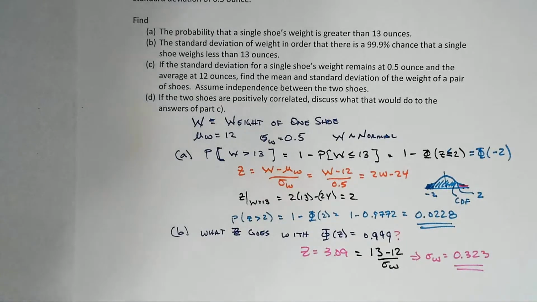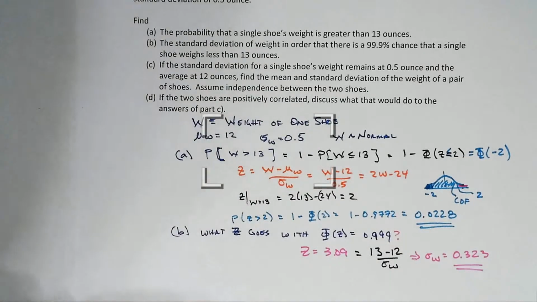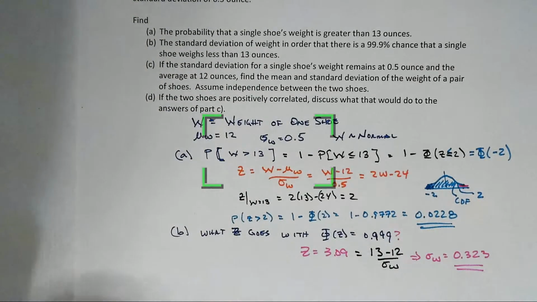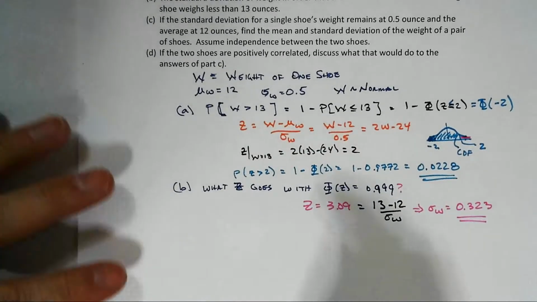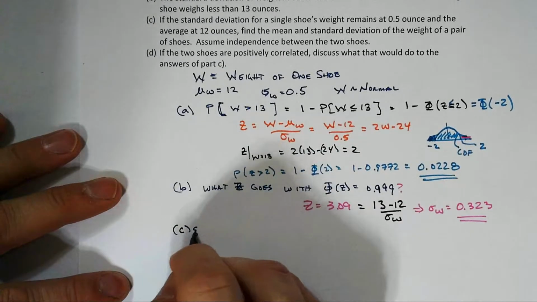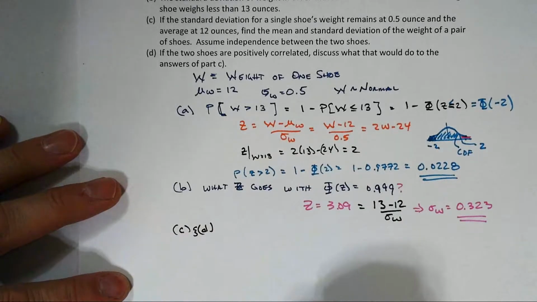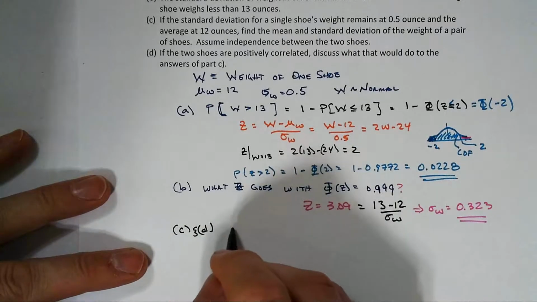Then in part C, we're asked about a pair of shoes. And really parts C and D are linked together, so we can do these together. And so now we've got 2 shoes,